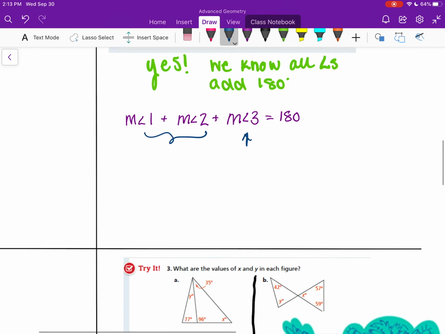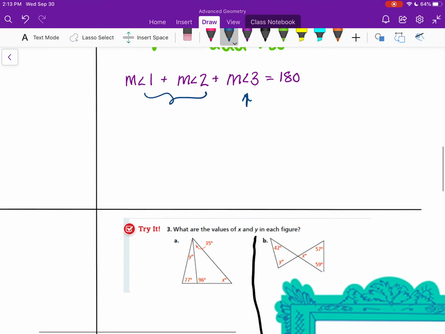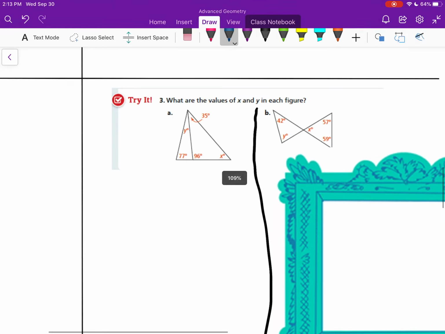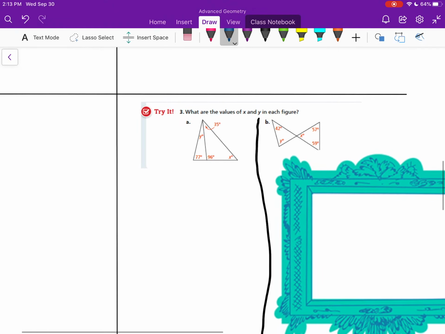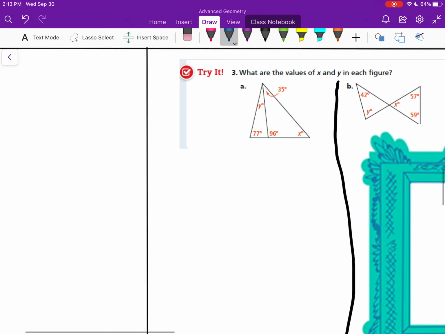which is what we are about to do. We're actually going to jump down to example 3, and we're going to look at this figure, and we are going to determine what the values of x and y are in each figure. I'm going to give you a second to look at that figure, look at where the x is, look at where the y is,